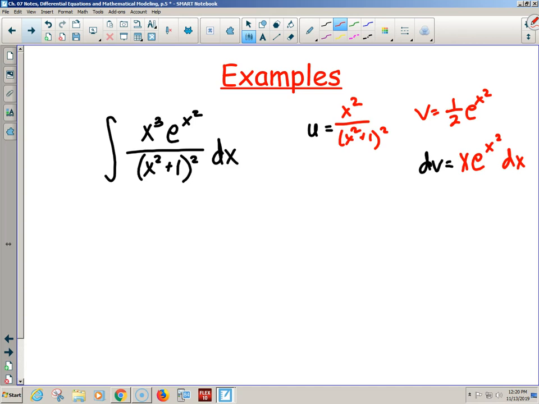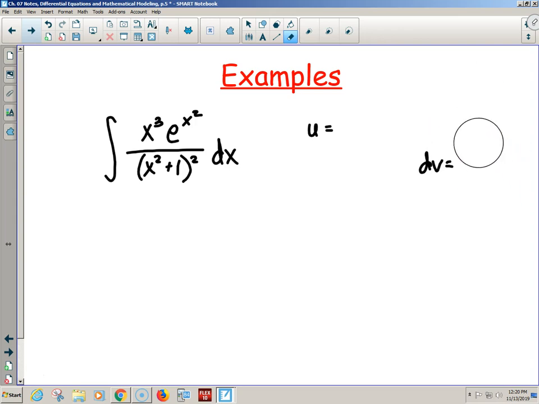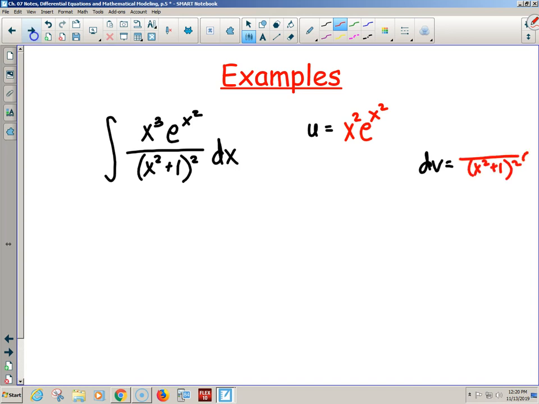Any other ideas? Switch it? Lorenzo, what are you saying your u should be? X squared times... So he's thinking of what can I integrate? And he's saying, hey, I could integrate this guy because u would be x squared plus 1, du would be 2x. Oh, okay, I could integrate him because I could make this into a 1/2